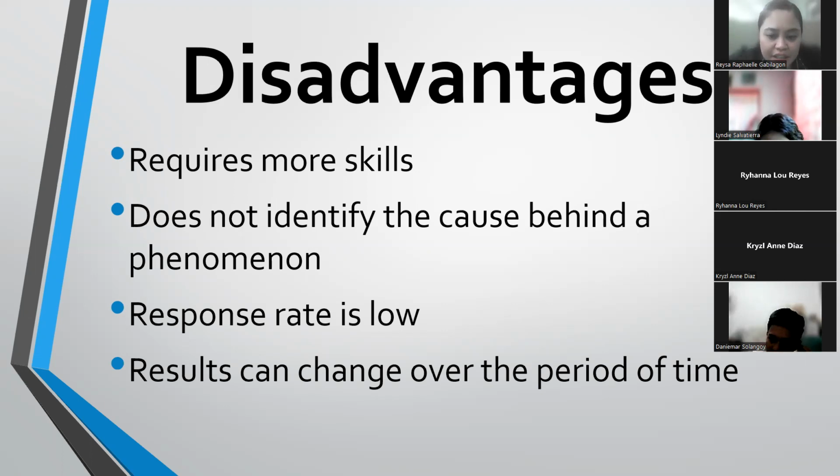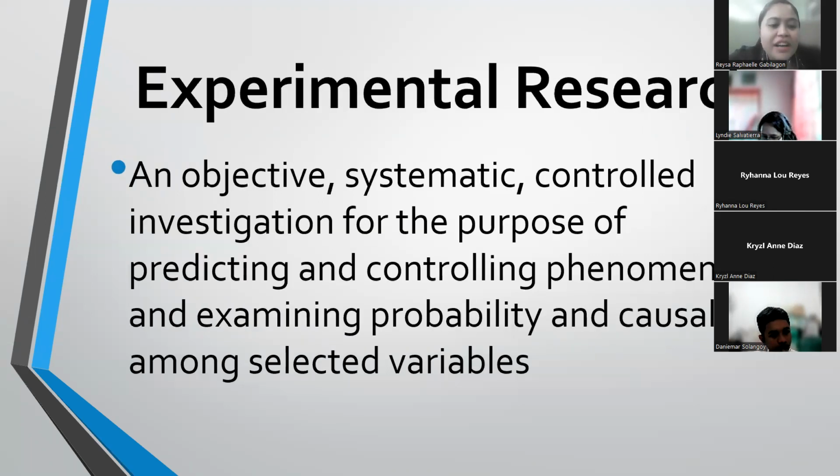And results can change over a period of time. So, for example, there was a previous study about knowledge of residents of Gensan about dengue. But if that was long ago, it might not be true now. Maybe the residents of Gensan have become educated, so their knowledge on a topic might no longer be low. So the results of our descriptive studies can always change. So you may repeat your study again and see if their description is still the same or not.